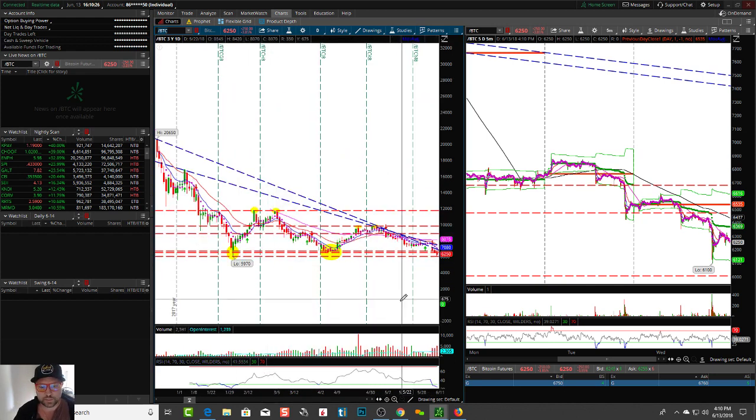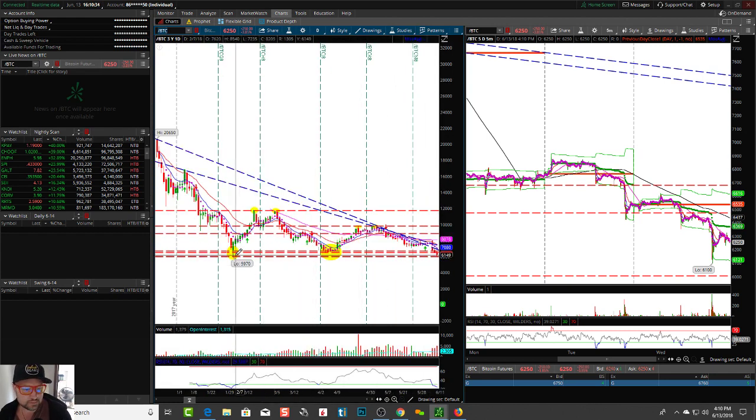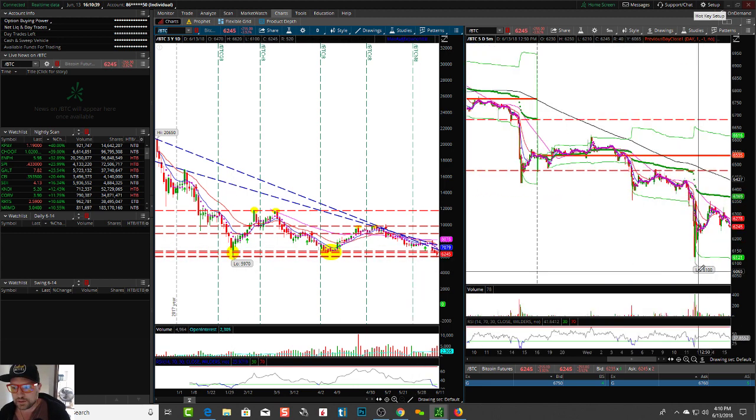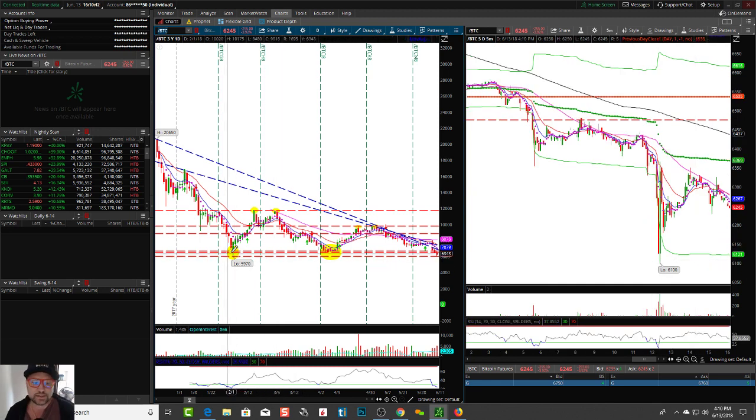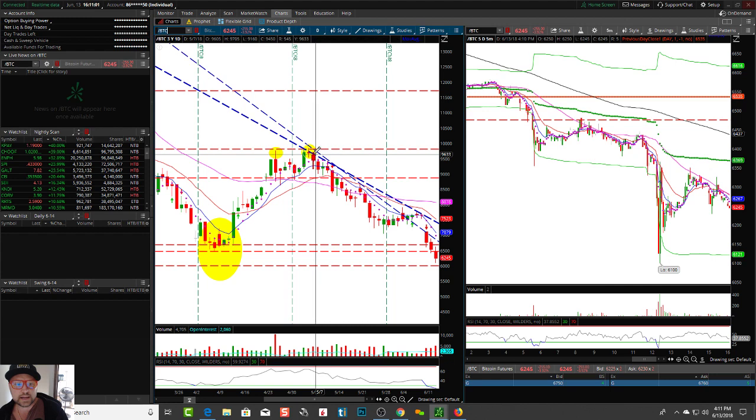And as you can see at this point, it doesn't really get more dangerous than this for price. It's right near the absolute base of this descending triangle at 5970. If 5970 cracks, you'll see it went down to 6100 today. If 5970 cracks, it goes into no man's land at that point, right? Because if you're already at support, then that support would then become resistance. So it could completely tank, or it could fall, and then buyers can come back in again, and then create possibly another lower high, so it can continue the descending triangle all the way down.